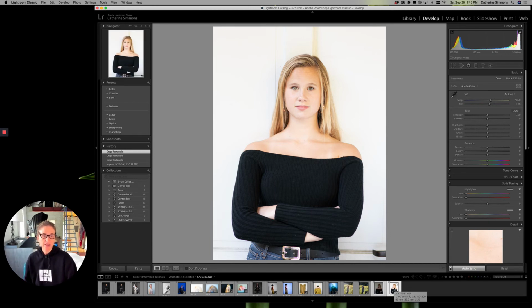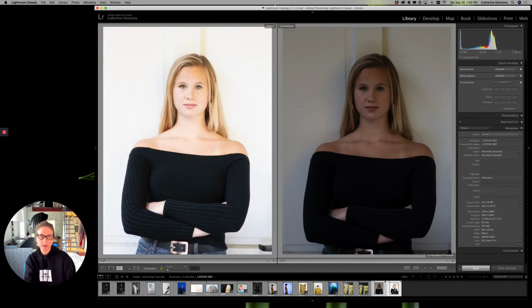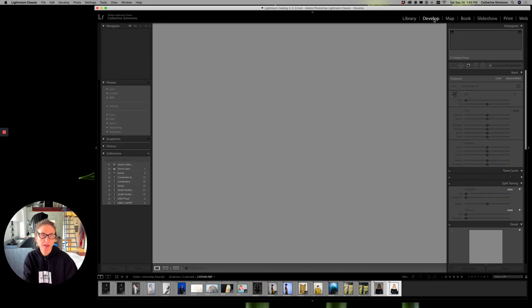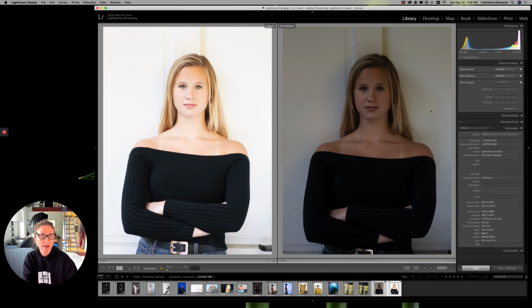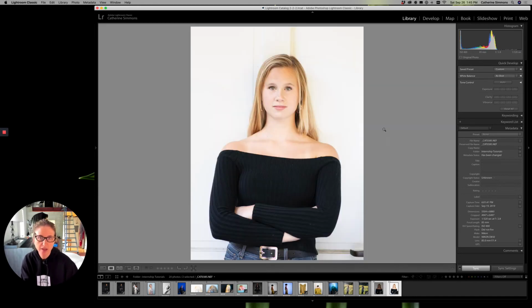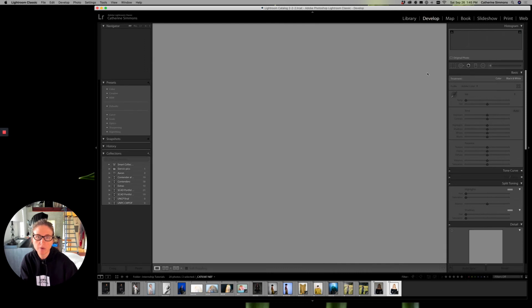Okay, so I'm going to hit C for compare. And select and can't, yeah. Okay, so I'm going to take this picture on the right, and let's see, I want to hit C. I'm going to take this picture on the right. Ugh, I can't develop it. No. Okay, well, we're not going to be able to do that. Let me undo that. I'm just going to come over to develop